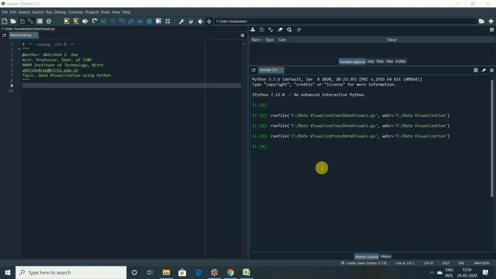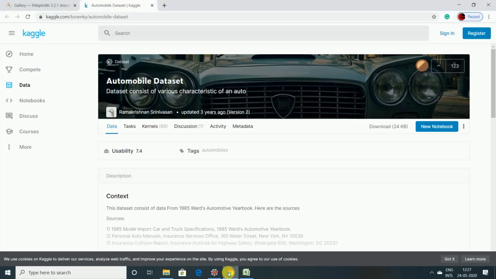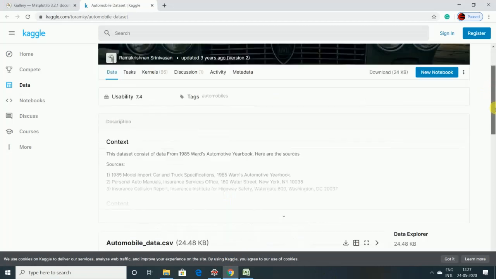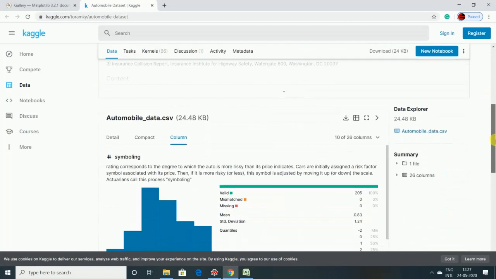Right? So in this session, I'm going to concentrate on a single package, that is Seaborn, for all the examples I take in the data visualization. The dataset that I use for my analysis will be the automobile.csv dataset, and this dataset is borrowed from the Kaggle dataset website, from the Kaggle repository, wherein you can see the information of that.